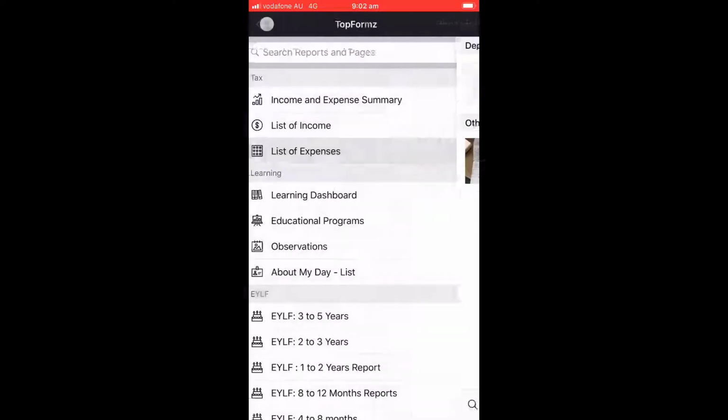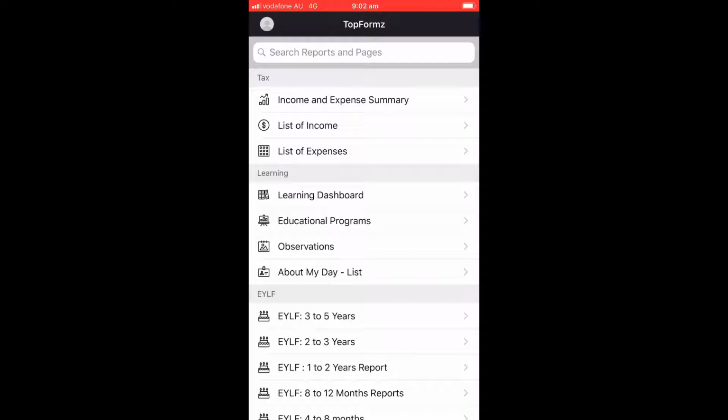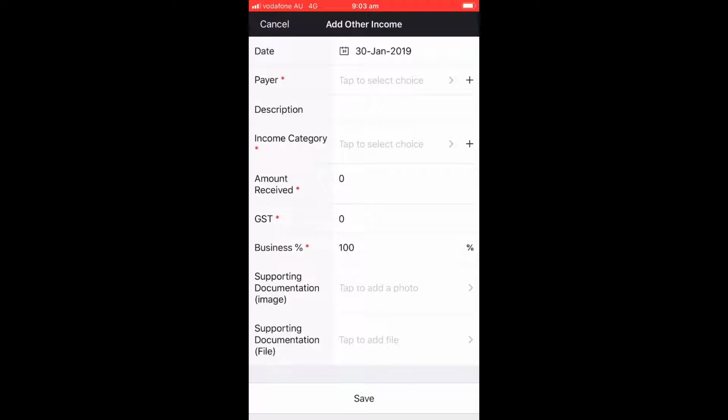Then what I want to have a look at is my income and expense summary, because I want to just keep track of how much GST I'm actually going to be getting back from the ATO, or how much tax I'm actually going to have to pay. So first of all, let's go and add in any income that I have actually received from my family daycare scheme for the fortnight. So, and I'm just going to take this amount from my payment advice from the family